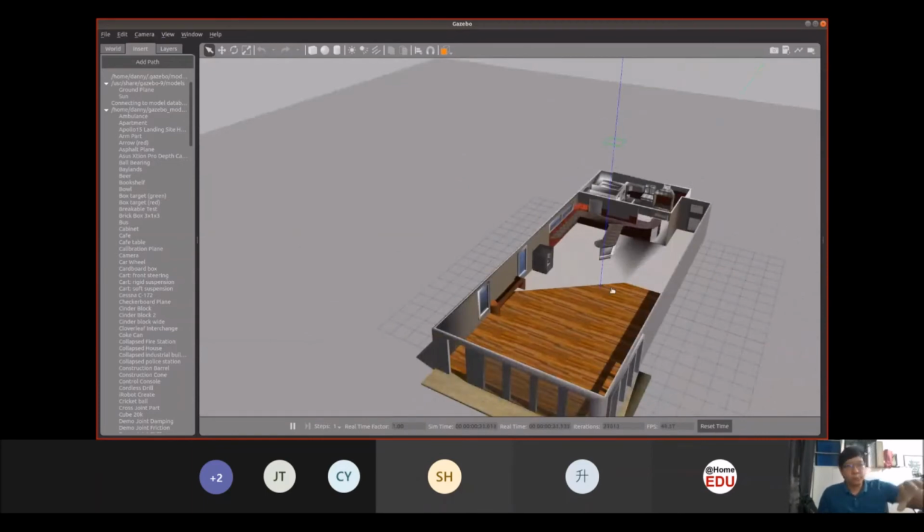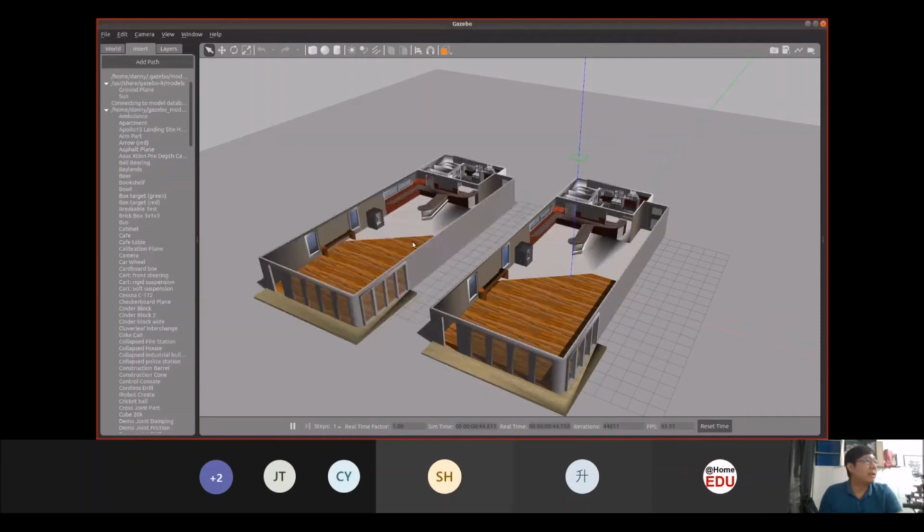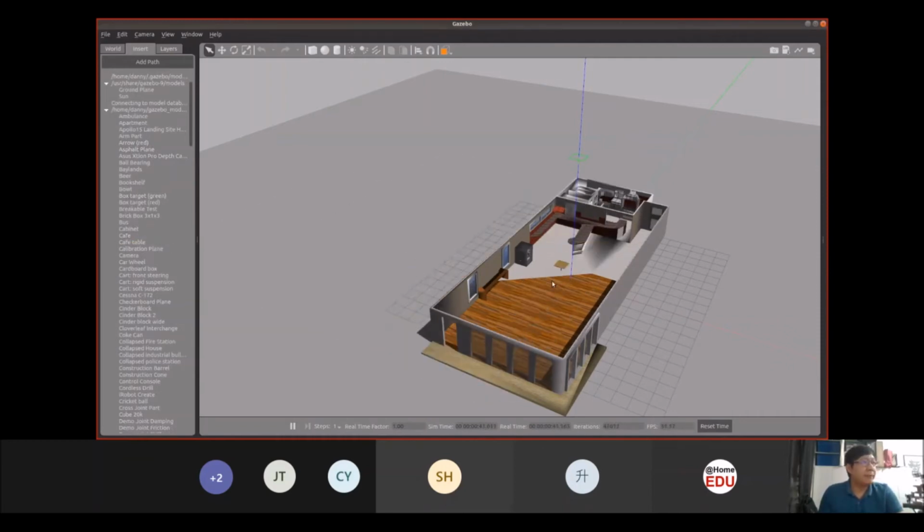So with this repository itself, you can actually build quite a number of things you need for the simulation. So for example, you have a cafe, you can have your cafe table inside. Then once you're done with it, you can save your work.